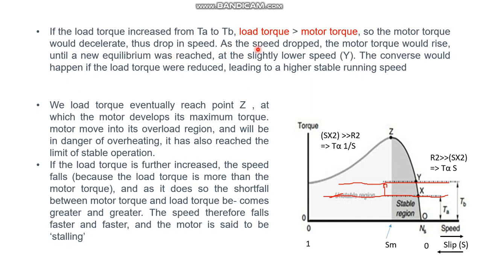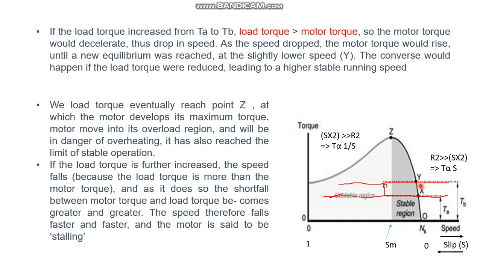Assume we are moving on a bike, maintaining constant acceleration, and suddenly the load on the bike is increased, say somebody sits on the back side of the seat. What happens to its speed? It drops. Similarly, the motor torque is the torque generated by the motor, and the load torque is the load added to the motor. So suddenly if the load increases, what happens?